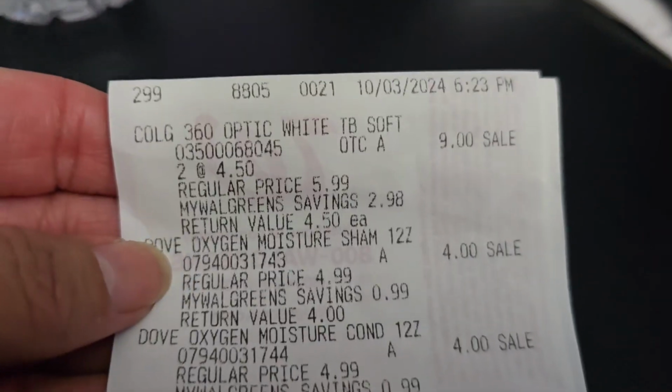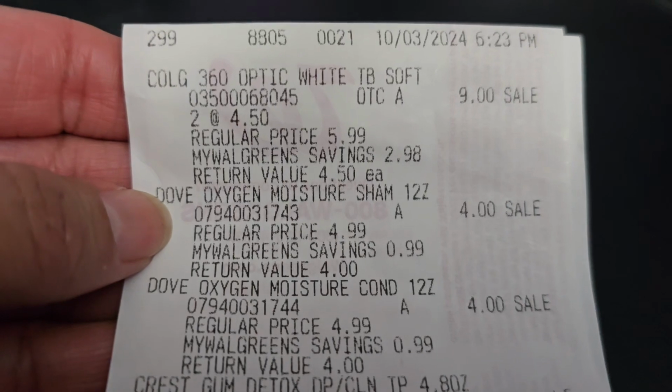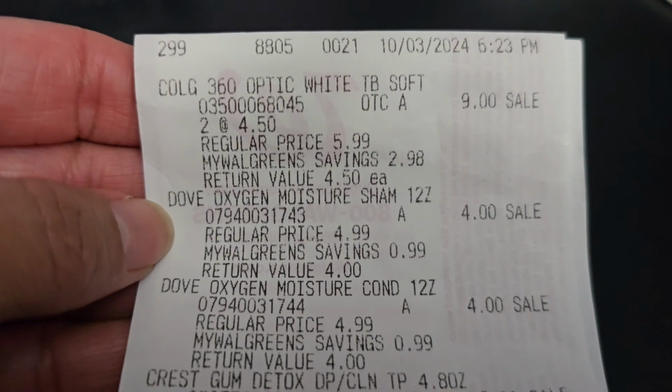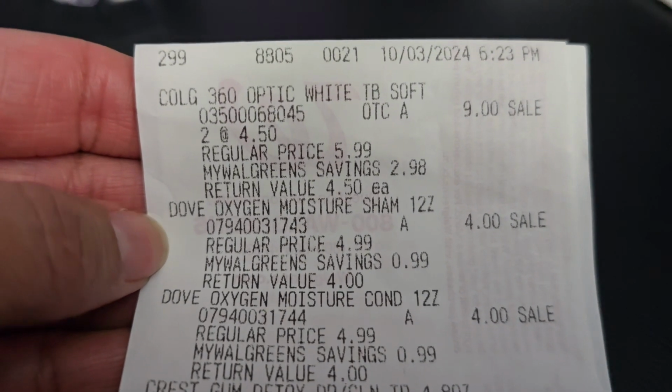I'll be back. All right, guys, so it did get a little busy in the store. I ended up just doing my deals, and instead of recording in the car, I needed to get some dinner, so I grabbed something and came home. So here's the receipt. I ended up doing my spend deal first, and we have those 2 Colgate toothbrushes for